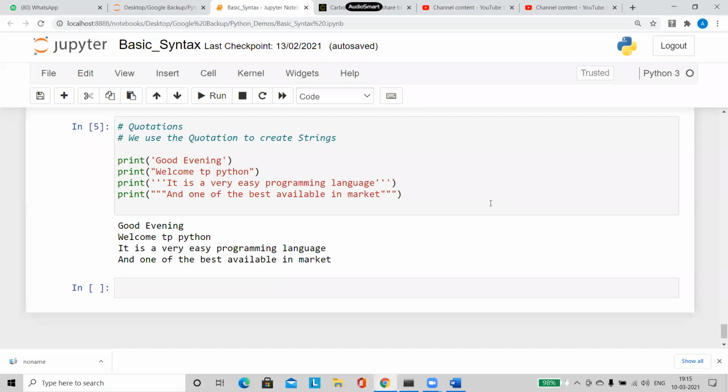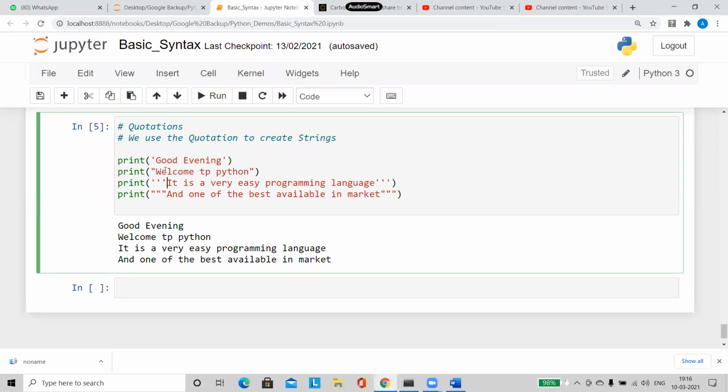Create our string values. What are the different ways by which you can actually create a string value? So that is what we will be seeing now. I told you already about single quotes. We can create a string within single quotes. We can create a string within double quotes. These both are allowed. Apart from this, we can create a string using triple quotes also. Triple quotes can be of two types, that is 3 single quotes or 3 double quotes.